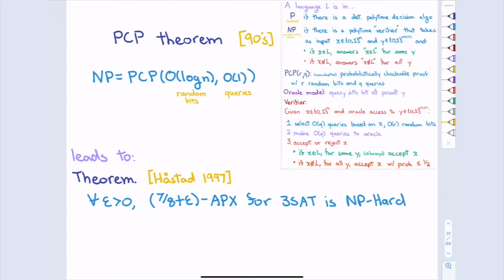So the PCP theorem says that NP is actually equal to PCP(log n, O(1)), meaning I can flip logarithmically many random bits and just make a constant number of queries, and then reject something with some constant probability. So that's a very strong statement, a very interesting statement.